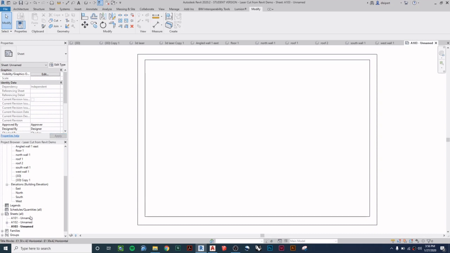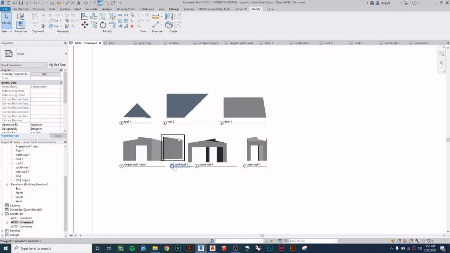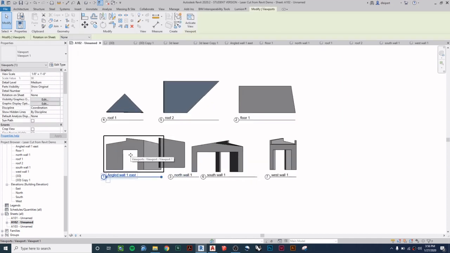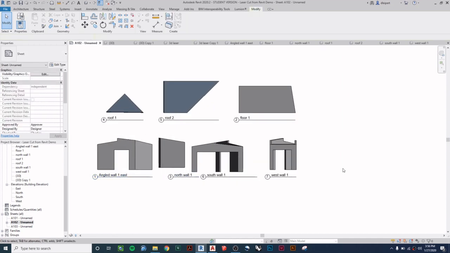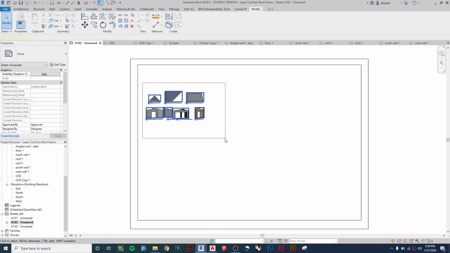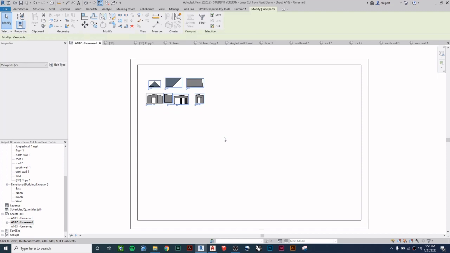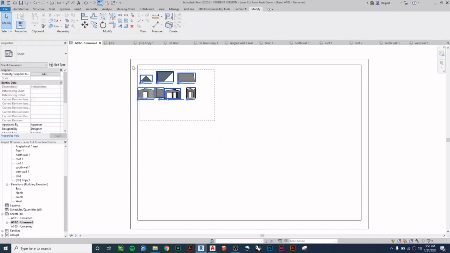And then from there, I drag in my views. So here you see in my A102, I have all my views dragged in. And they only take up a little bit of room on the page, so you should be able to fit most of your views on your paper. If you need to make more than one sheet, you can do that. And then once you have all of your views in,